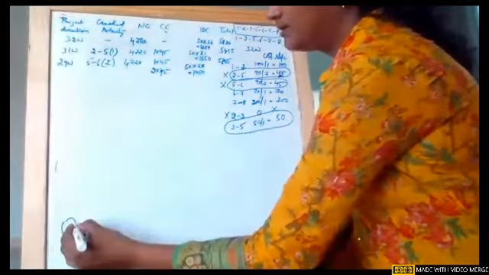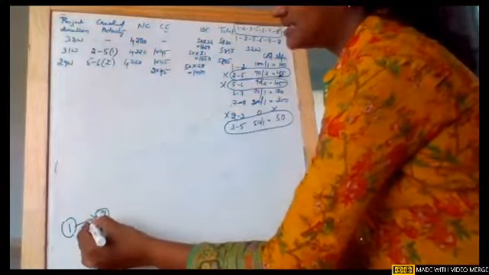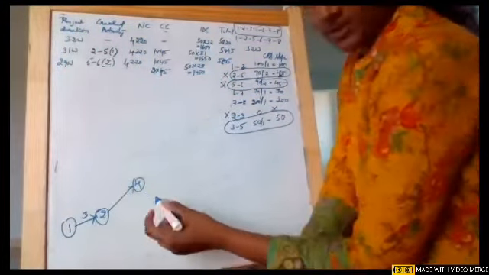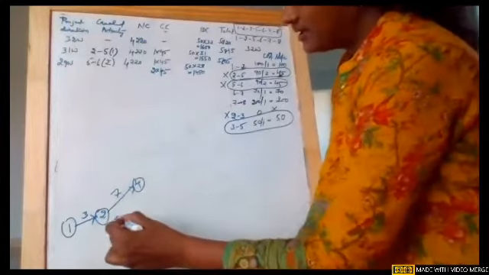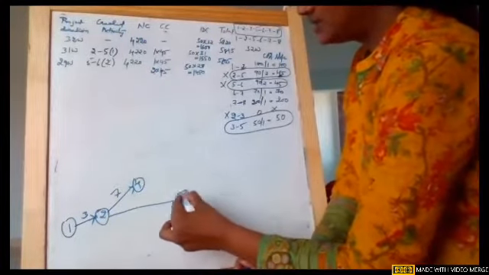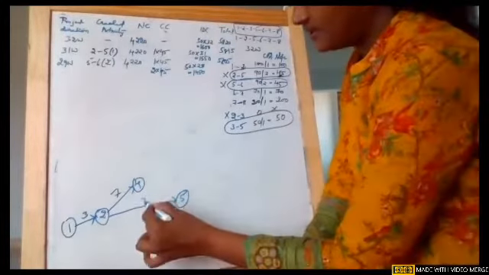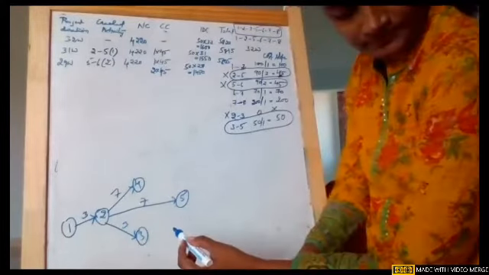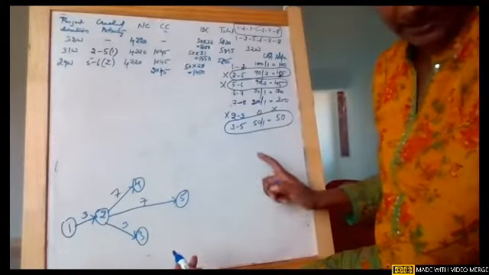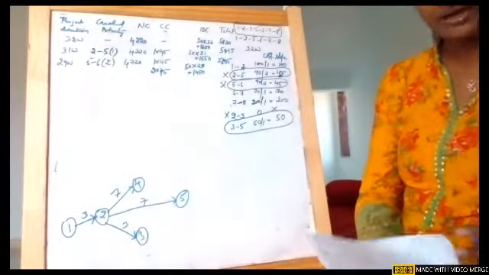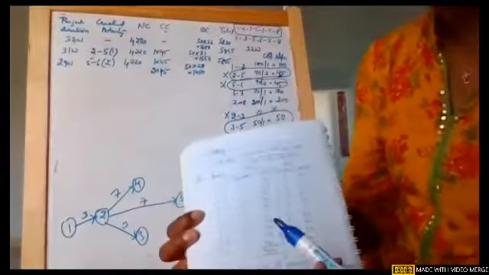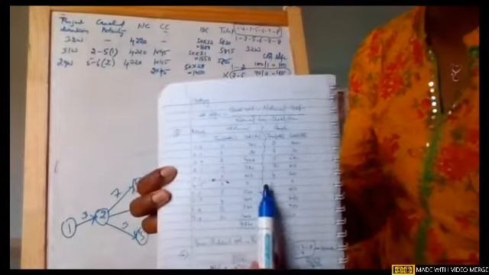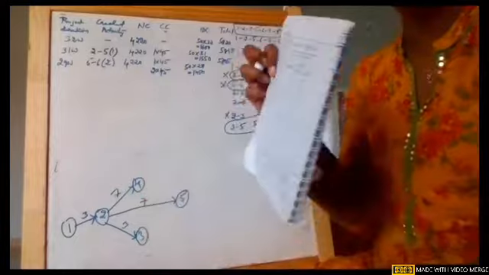So now 1 to 2. Again, same story. Again, we need to construct the network. 2 to 4, the duration is 7. 2 to 5, the duration is 7. And 2 to 3, the duration is 3. Okay, we are crashing 3 to 5. Now see, girls, we are crashing 3 to 5. So when we are crashing 3 to 5, see the durations for 3 to 5, the normal duration, it is 5. Now we are making it to be 4, the new duration.